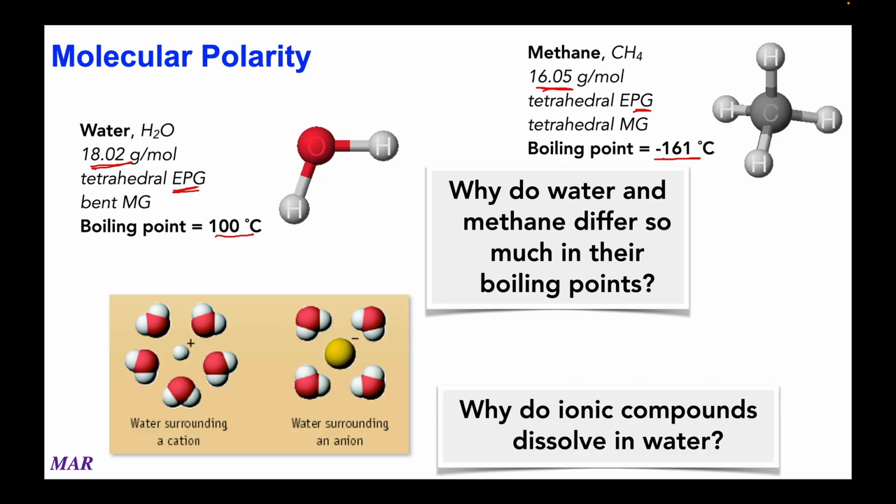And another thing, why is water so good at dissolving ionic compounds? Like if you put sodium chloride in water, the sodium chloride goes away. It becomes sodium ions and chloride ions. Why is water so good at dissolving these ionic compounds? And both of these answers come from what's called molecular polarity, which is a really important consideration in chemistry. And it affects things not only a lot in Chem 221 through Chem 223, but all the way through biochemistry